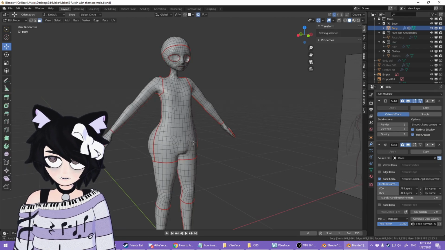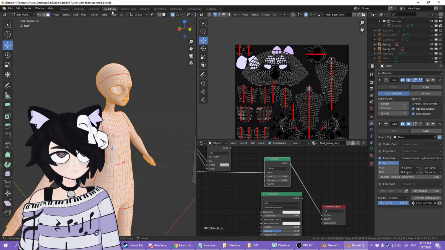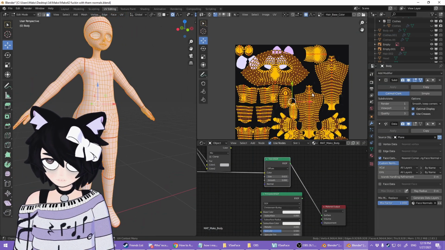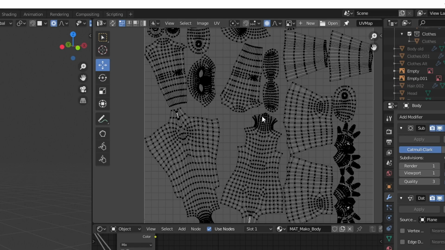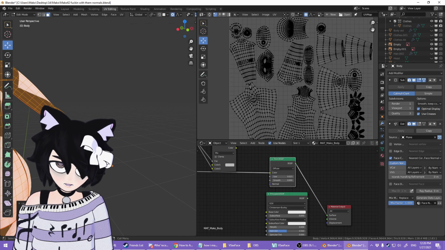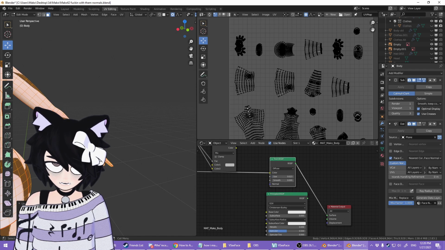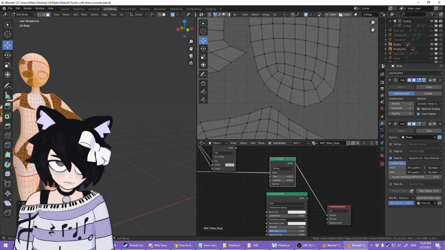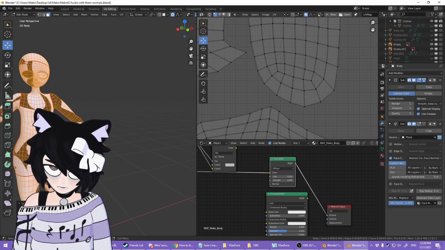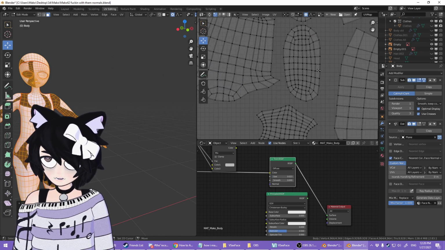So yeah, go ahead, get all your seams marked up. Once you're ready, hit A. We'll go to UV editing, and then go ahead and unwrap all of that. Now, it's very unlikely you're gonna want to go with what it gives you. There's a couple settings you can mess with right here, such as the margin, how much space you have between things. Generally want to set this relatively low without it being ridiculous. Just give yourself a little bit of room to work with, so that once you're painting a texture or whatever, you don't accidentally go over and hit the other thing.